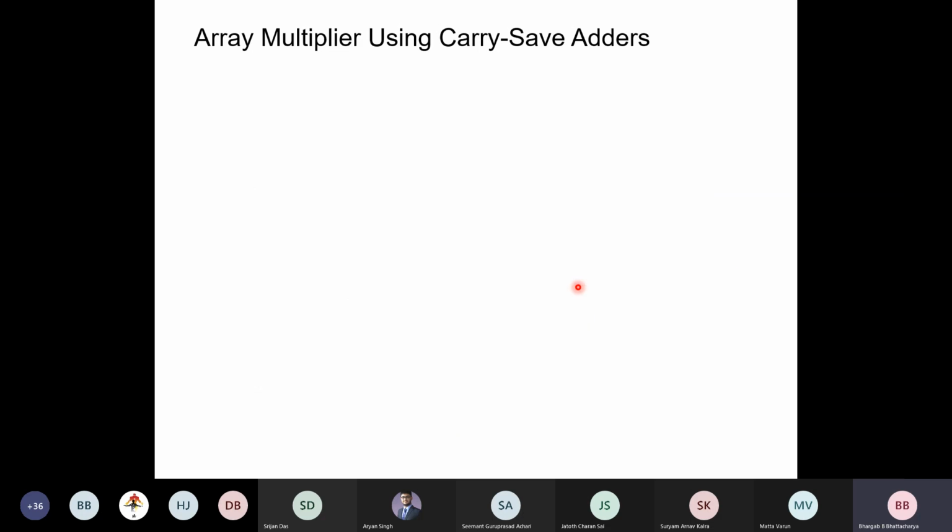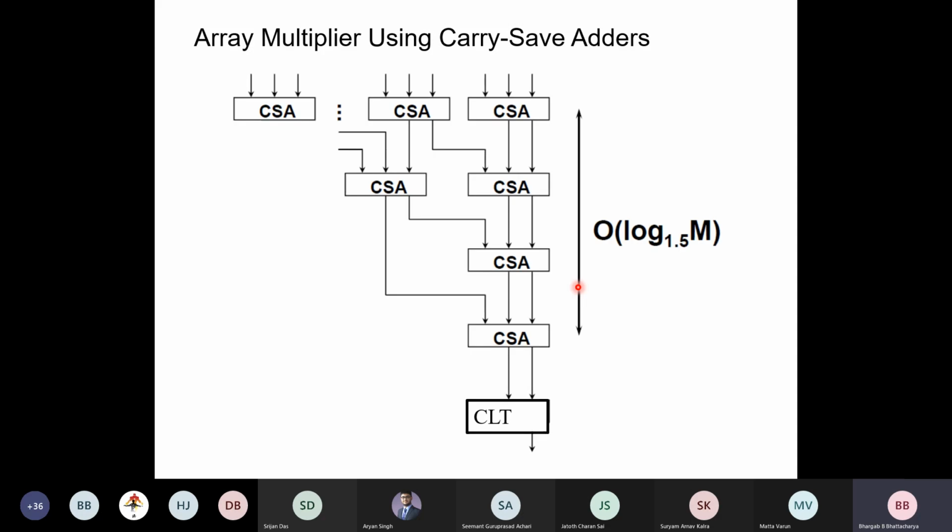As we have seen in the case of carry save addition, we can use this kind of tree, and this is known as the Wallace tree. These are the carry save addition blocks, and each block has 3 inputs and 2 outputs. So it's a 3/2 reduction at each step. If we arrange these carry save adder blocks in the form of a tree, it will have a depth of log base 3/2 of n, where n is the number of inputs.